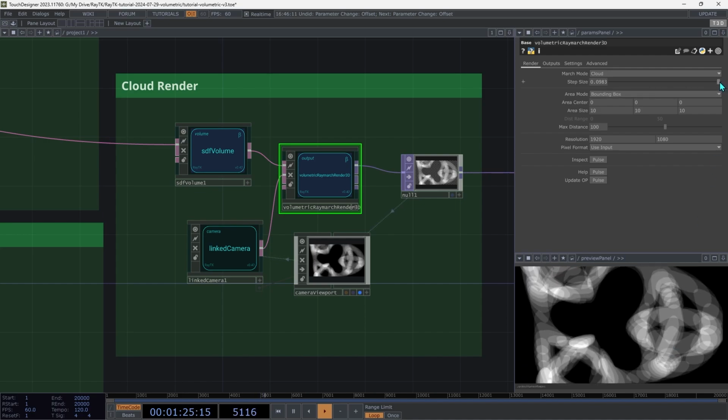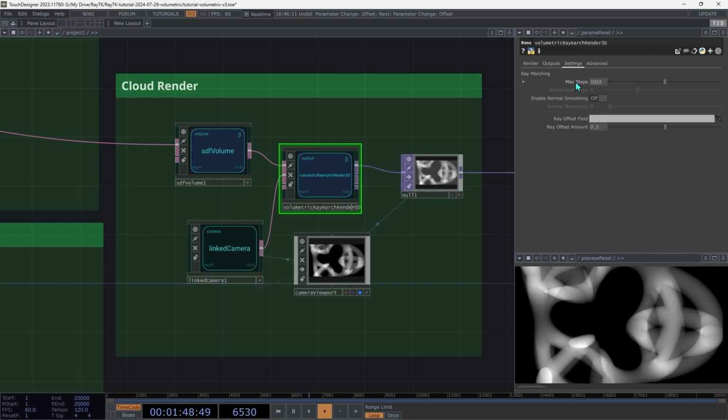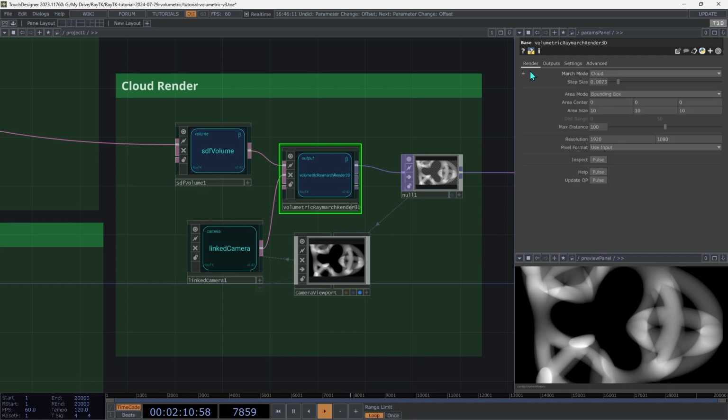So one solution to that would be to bring the step size all the way down, and then the steps are going to be so small that we don't really see them. But if you bring it too far down, then things are going to disappear. And that's happening because it's basically running out of steps before it makes it all the way through the shape. So on the settings page here, we have this max steps setting that limits the number of steps, and it's hitting that limit before it goes all the way through. Let's leave that as it is, because if we have a really large number of steps, then performance is going to get pretty bad. Let's go back to the first page,